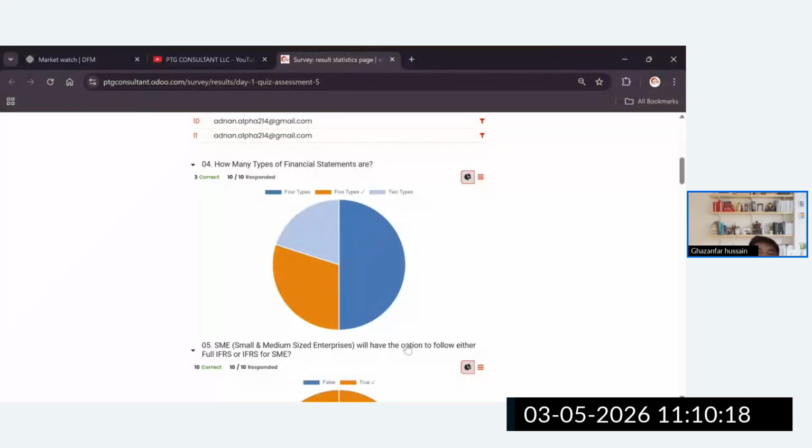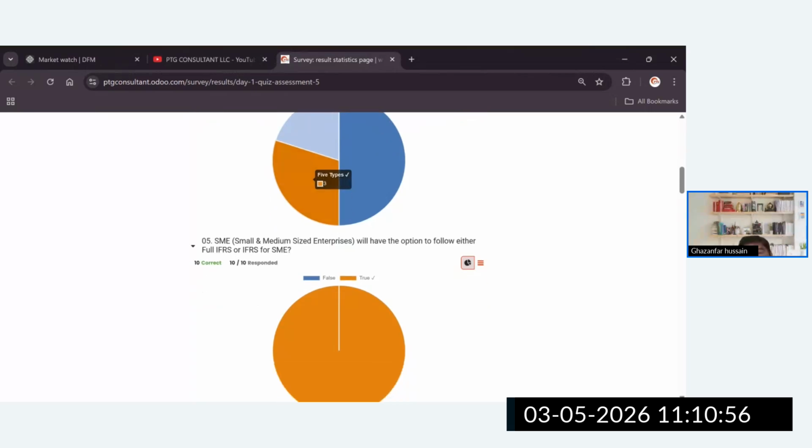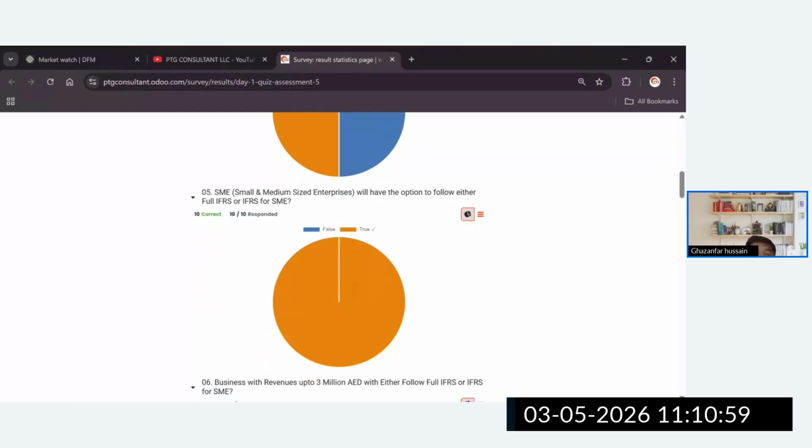See how much this area, almost 50 participants. Five participants gave the wrong answer, standing alone by saying the four types. Here this color represents the two types. Again another 20%. So here only three participants gave the correct answer. I'm looking forward to getting the correct answer moving forward in all these sessions. But that will eventually happen if you focus on the current topic instead of just focusing on random matters.